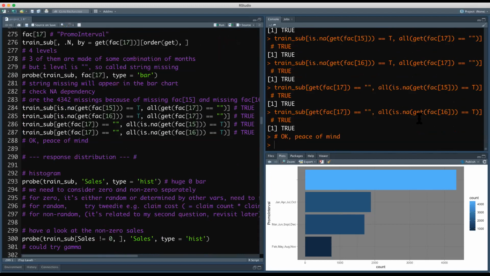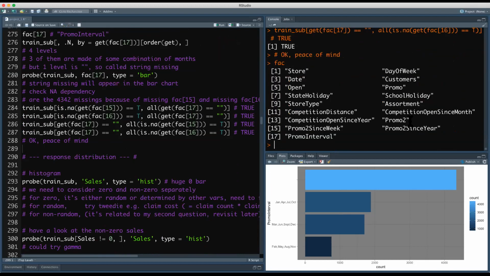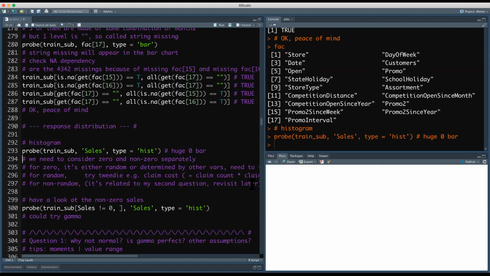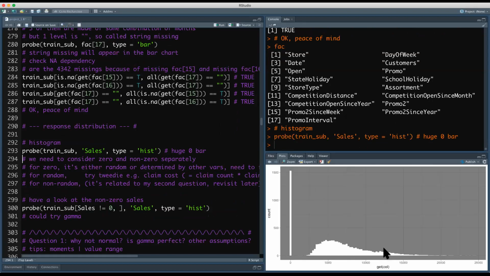Okay, we have covered all the factors, namely all these 17 factors, checking the distribution like NAs, any anomalies. And then we also need to check the response distribution. So in this case, response is sales. Take a look at here. It's a very long 0 bar here. Actually, this one is correlated to